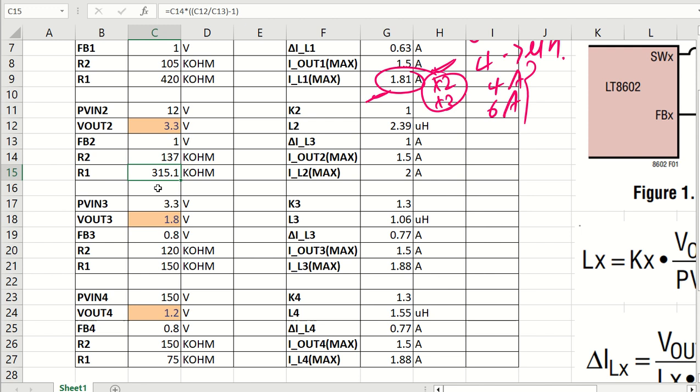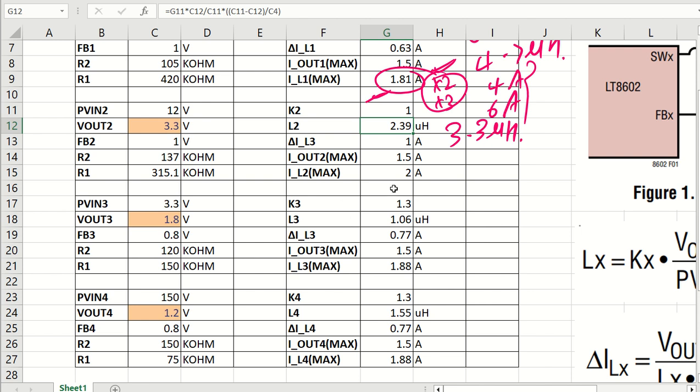Okay. And corresponding to that, L2 will be calculated to 2.39 microhenry. So if you wish to, you can utilize close to this particular value, or you can go ahead with 3.3 microhenry. Okay,